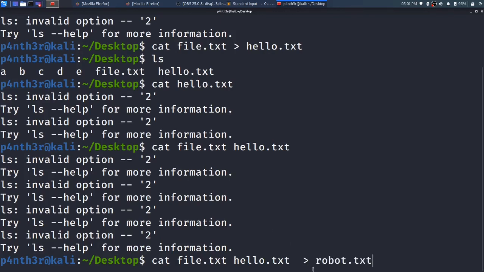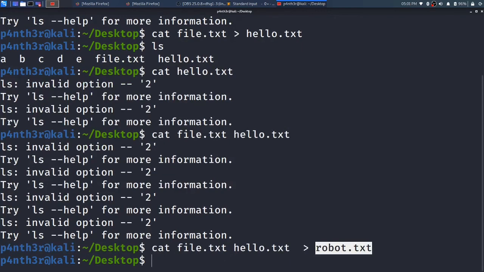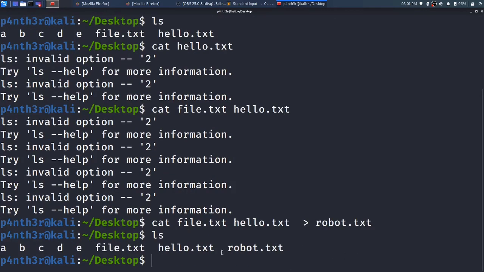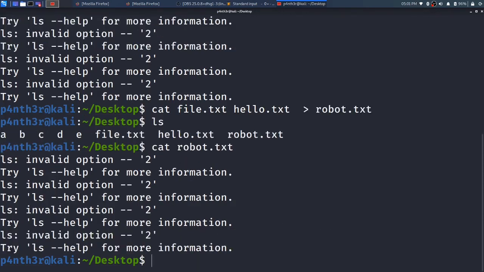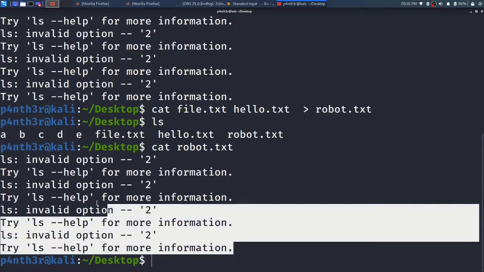It will read both files and store them into some other file. So basically it is concatenating both files. I will press robot.txt. Type ls. You can see robot.txt is created, and the content of both file.txt and hello.txt is stored into robot.txt. If you type cat robot.txt, you can see both files' contents in one.